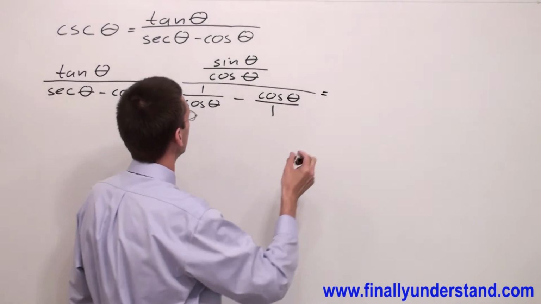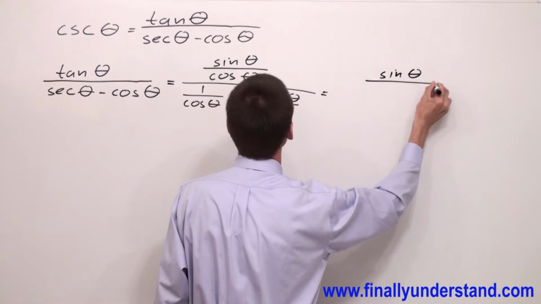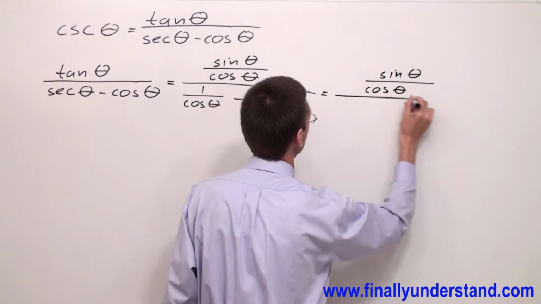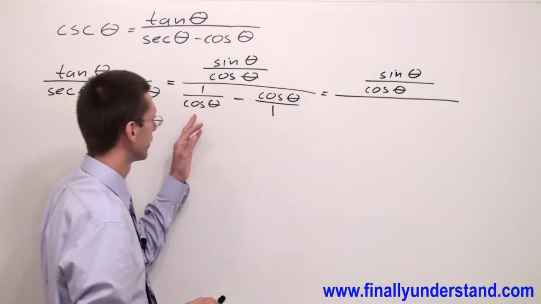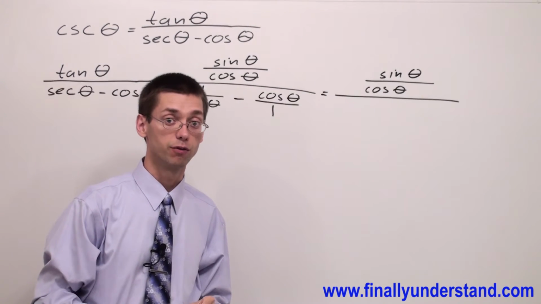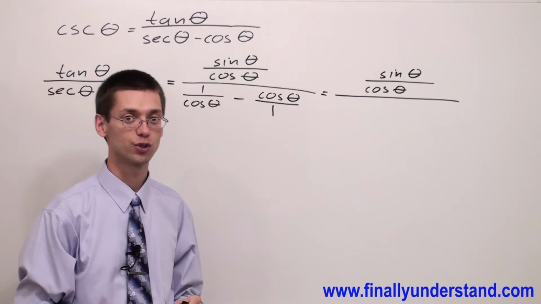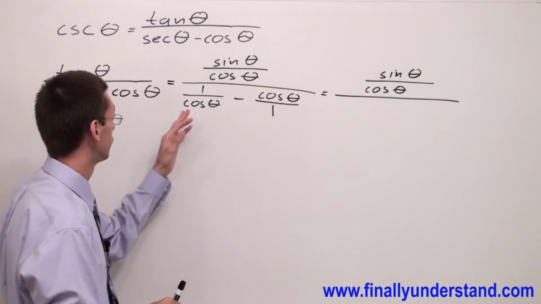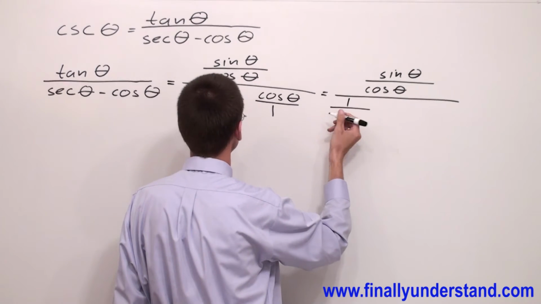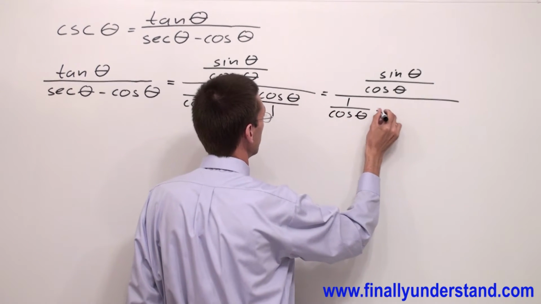Let me copy down the top, and I have sine theta over cosine theta because I have to first organize my denominator. In order to subtract fractions, I'm supposed to find a common denominator. Common denominator for these two fractions is cosine theta. First fraction has already cosine theta in the denominator. So I'm going to just copy this down. Cosine theta minus,